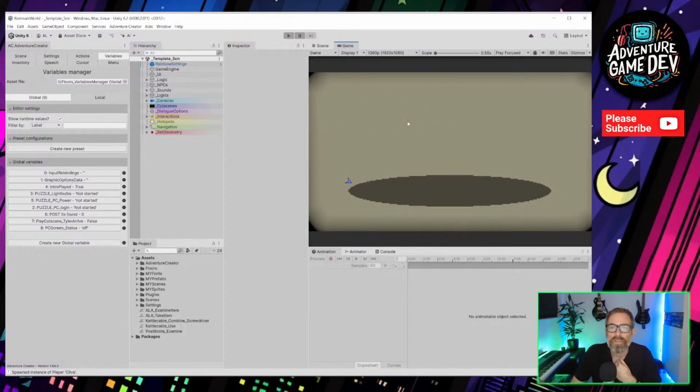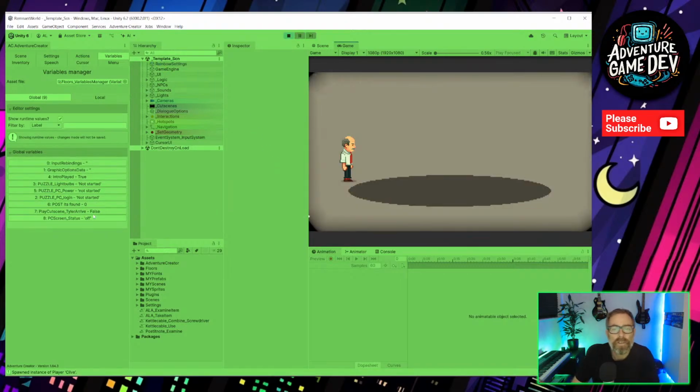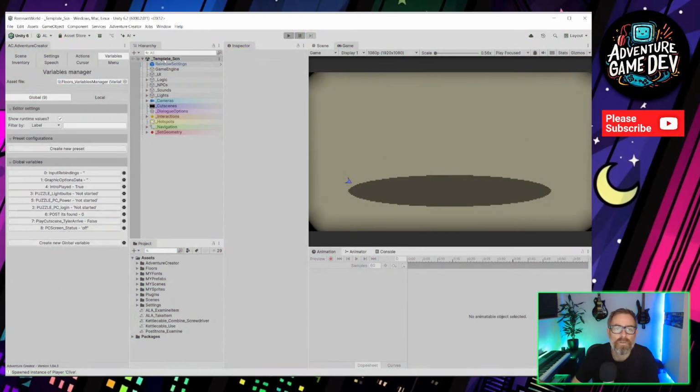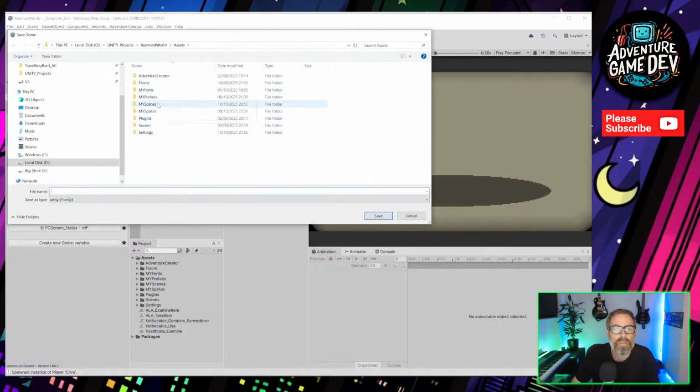So this is my template scene, by the way. You might have seen this before. I basically create a scene with the basics of the things that I need in. All the stuff from Adventure Creator. It's got a little walkable area. It's got some light set up already. And I just use that as the scene template. So then I immediately save that. This is going to be scene funky monkeys. Save.